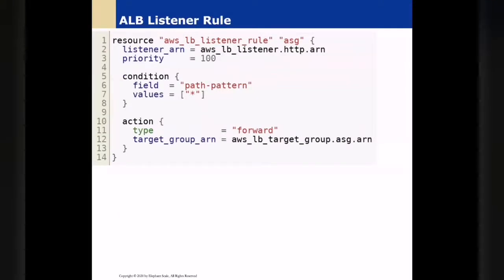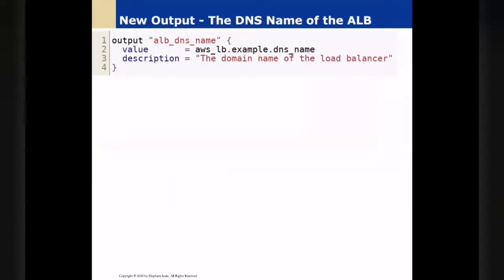Okay, and finally, the listener rule. The listener rule says I'm listening on the port that I'm given, and I'm forwarding it to other instances on the same port. And finally, the output. When this is done, we have to create this, and we have to see that our final target is this. So that will be what we output as the result.